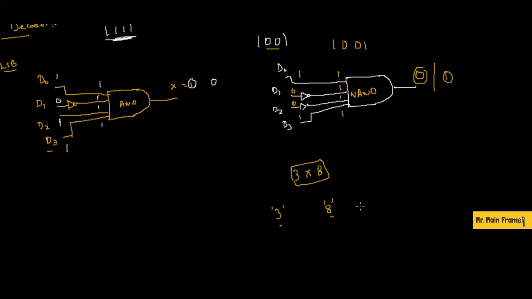So we will be seeing how the decoders are designed, the truth table, and the simplification of the truth table, and the mathematical expression, I mean logical expressions, and in the end we'll be drawing the logical circuit diagram for this 3 cross 8 decoder,